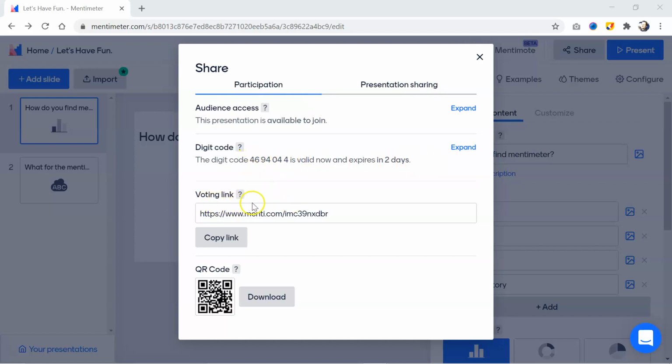Here again, another option is a link that can be copied and pasted in the mail or other platforms to be conveyed to the audience, so that by clicking on that link your audience can attend this quiz. Or you may show this QR code to your audience, so with the scanning of this code through their mobile they can access your quiz. You may download this code from here.